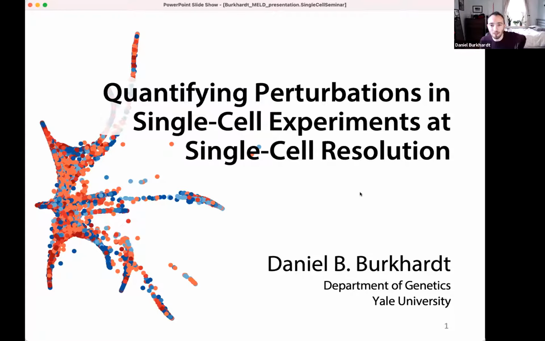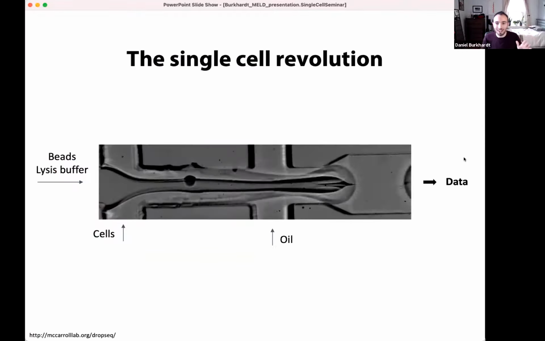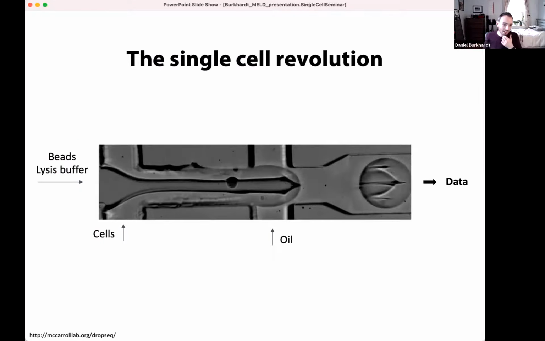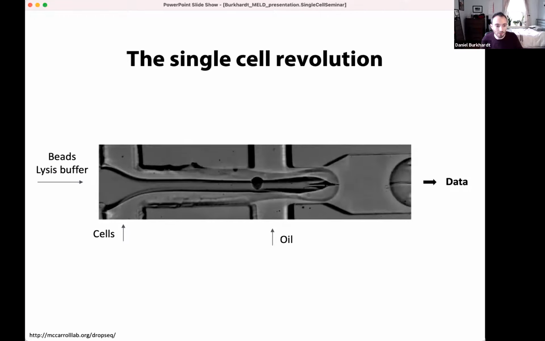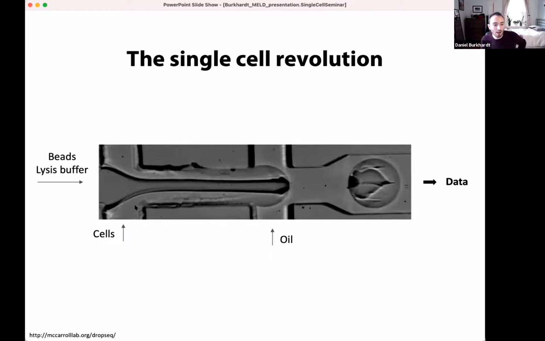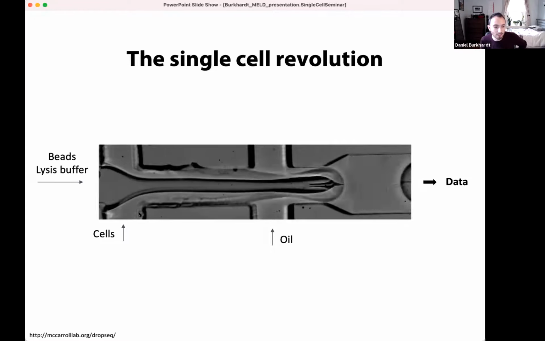I'm a sixth-year PhD student in genetics, and I'm going to talk to you about some methods. The bulk of my talk is going to be about this problem of quantifying the effect of experimental perturbations in single-cell data sets. And so, the reason we're all here talking about single-cell data is sort of an advance that happened in around 2015. This allowed us to measure RNA and many other kinds of features in individual cells at unprecedented scale and